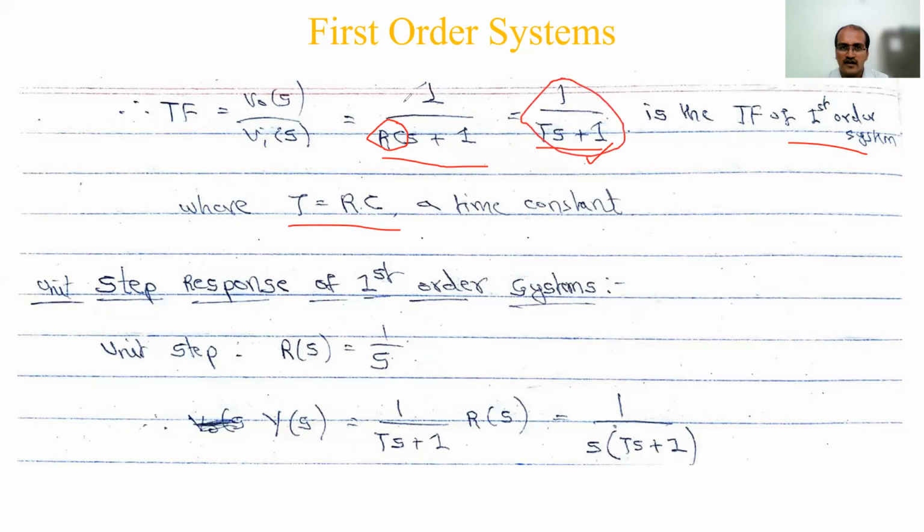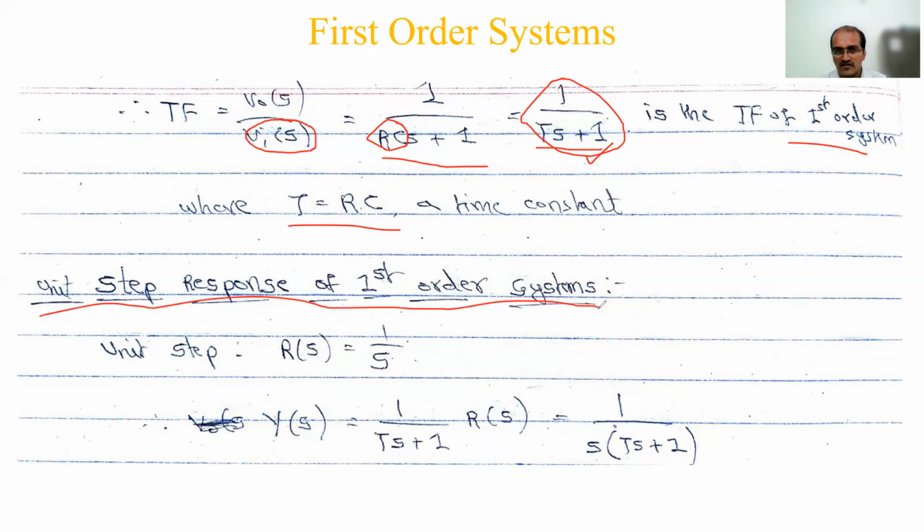So now you got this, and you got V naught of S by Vi of S. Now what I will do, I need to find the unit step response. That's what is asked in the syllabus. Unit step response means I will substitute for Vi of S the unit step Laplace transform, multiply with this, then do the partial fraction method. You have to find the values of A and B, and finally take the inverse Laplace transform to get V naught of T. Here the transfer function output is V naught of S, that's why for time domain analysis you have to calculate V naught of T. So that's my topic, unit step response of a first order system.